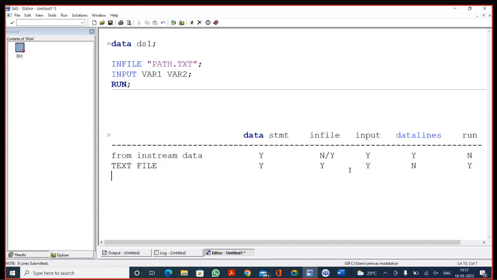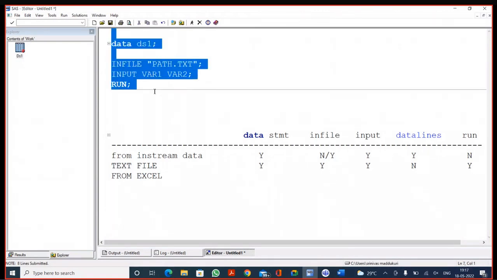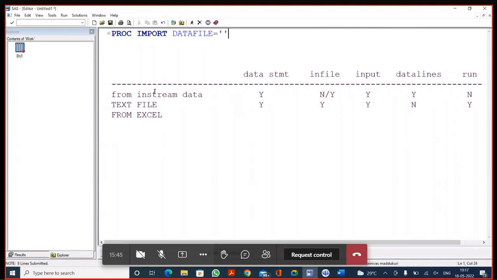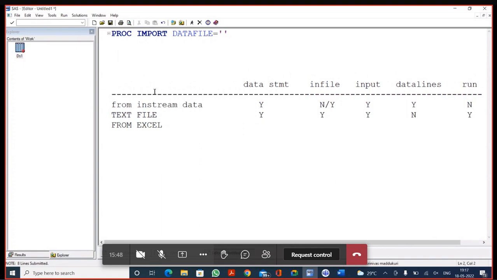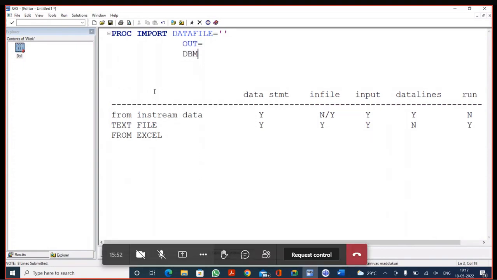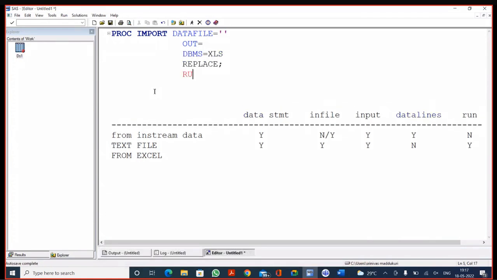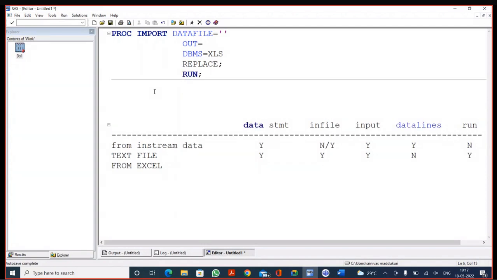Now, I want to create a data set from an Excel sheet. You know how to write the program for an Excel sheet? Yes. Proc import data file equal to path of that Excel sheet. Then out equal to data set name. Then DBMS equal to XLS. If you want, you can write replace, semicolon, run. Now, if that is the case,